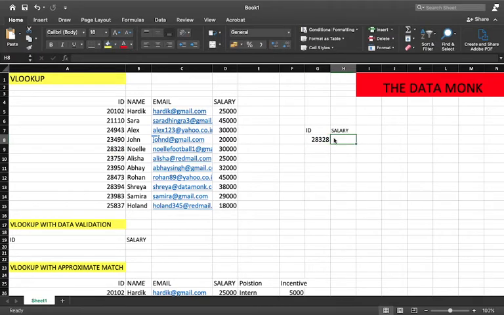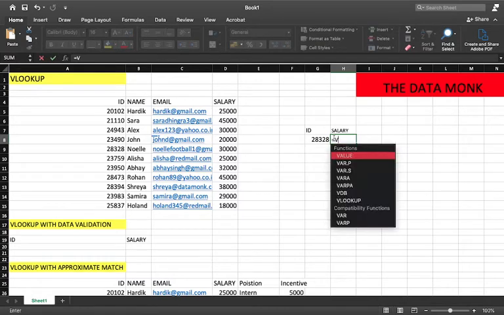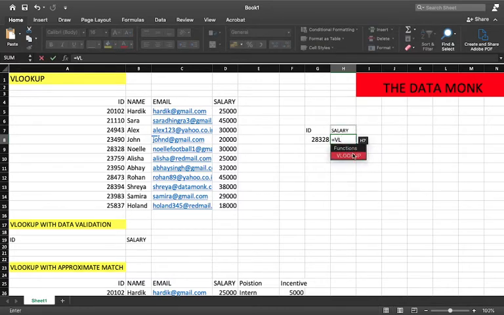Alright, now to find the salary, we can use the VLOOKUP function. What you'll do is you'll write equal to V. So you'll obviously get the options. You can directly choose. Now if you see, our function has four parameters. First is a lookup value. So first I need to assign the value through which I'll be fetching the value that I desire. So I'm looking for this particular ID, so I'll directly choose this cell.